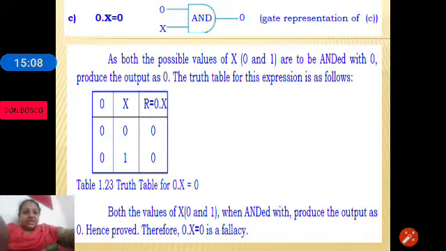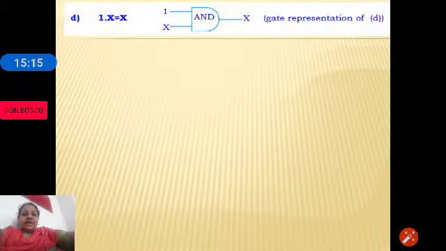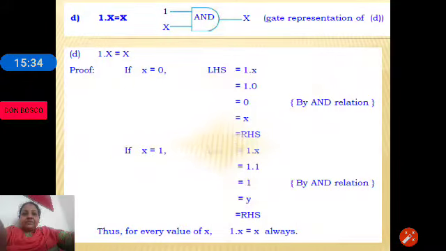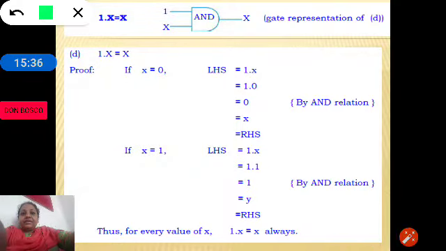So let's continue with the next Boolean theorem, that is 1 ANDed with x is equal to x. The fourth Boolean theorem says that if any variable is ANDed with 1, it is the same as the variable.